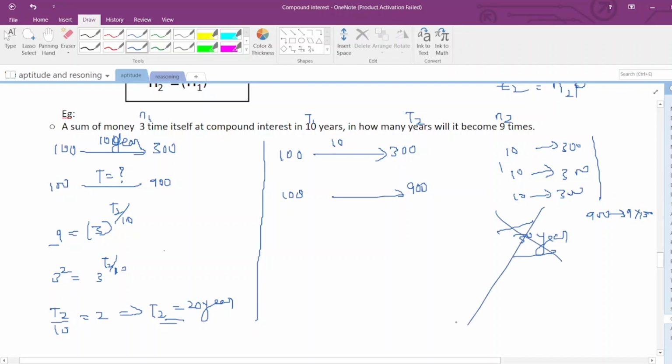Why is it wrong? This is based on compound interest, not on simple interest. If it is simple interest, 30 years is the correct answer. But if it is compound interest, 30 years is the wrong answer. Why? Suppose in the first 10 years it became 3 times, 300, right. But in the 11th year, will the amount be 300 or 100? In compound interest,